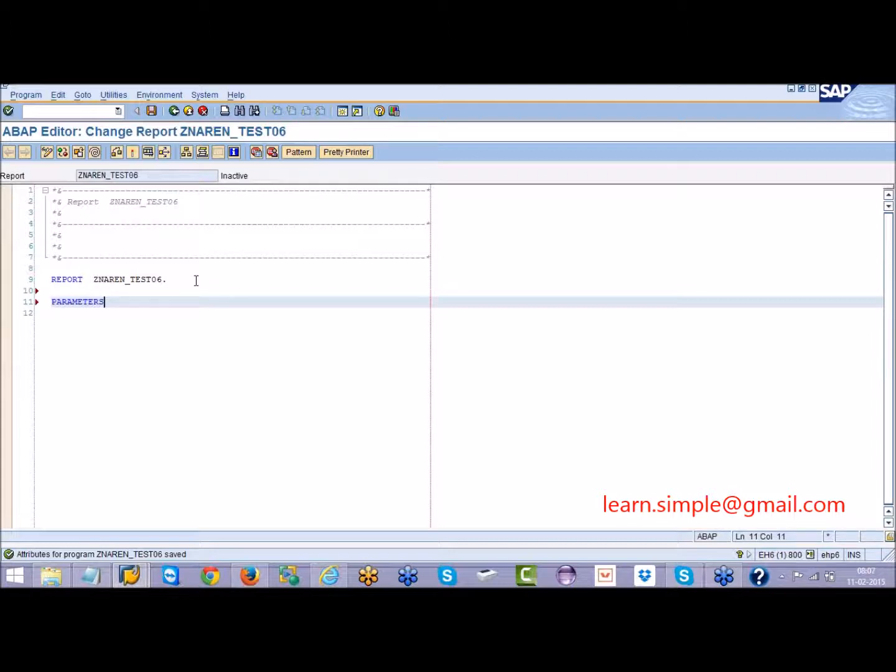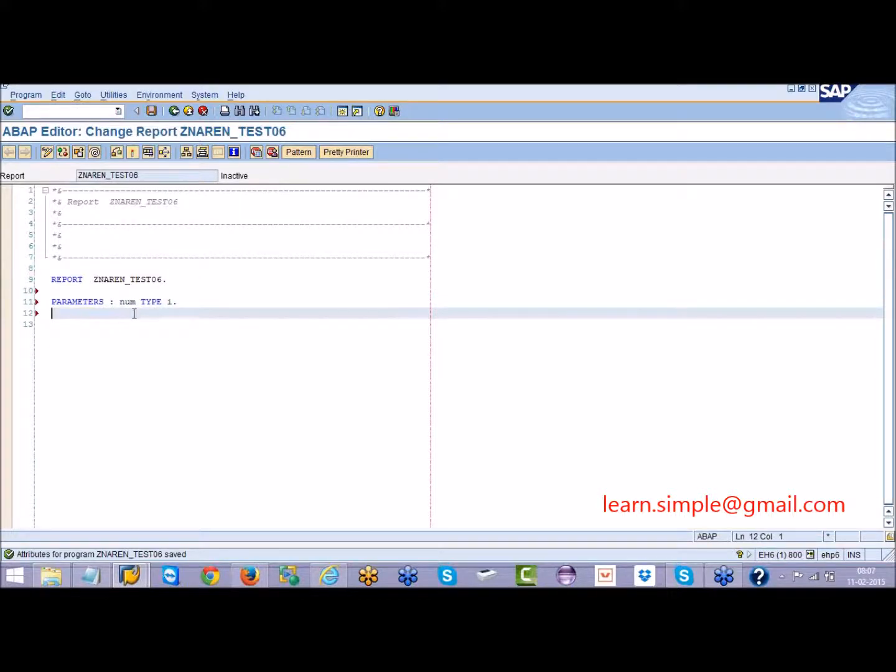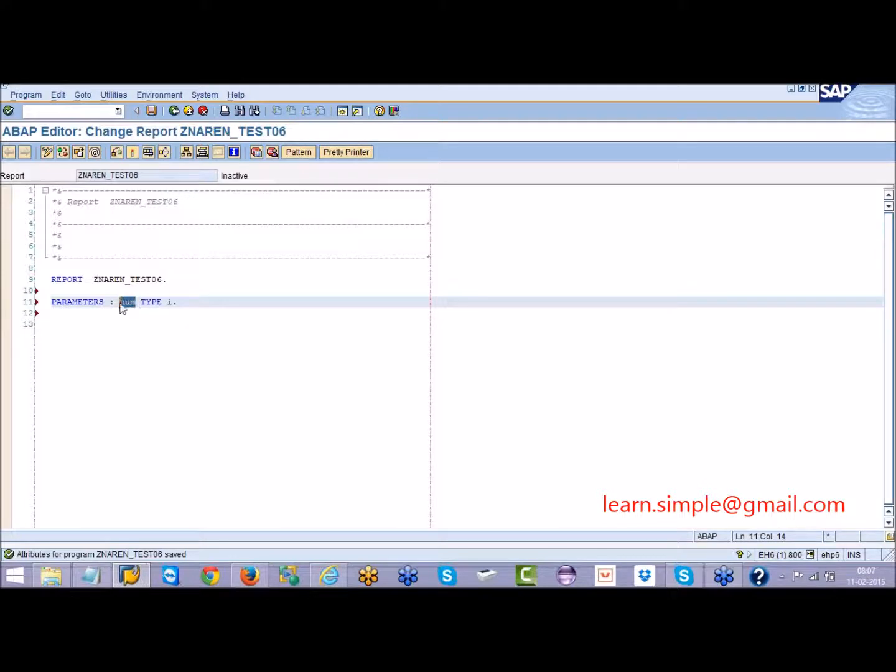I will declare one variable parameter num type integer. So this is a variable I have declared. For example, in this variable I will give some value.